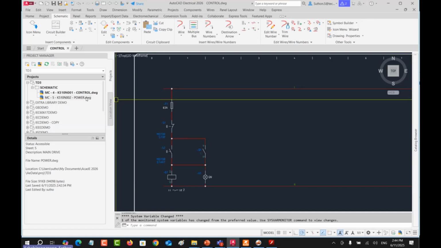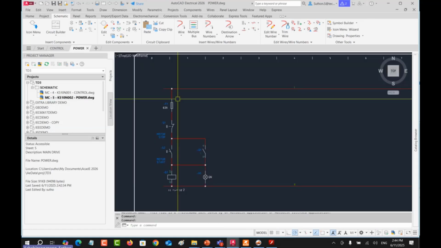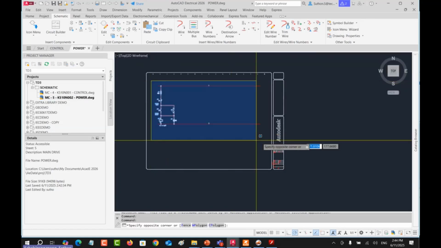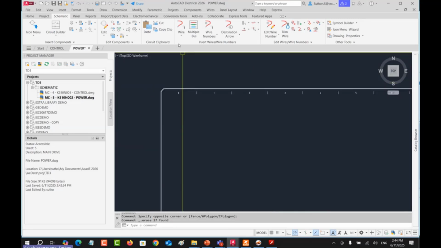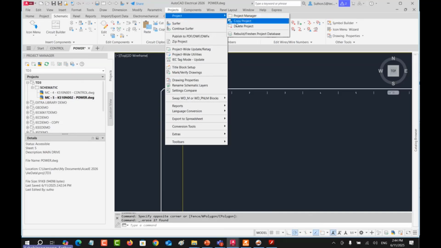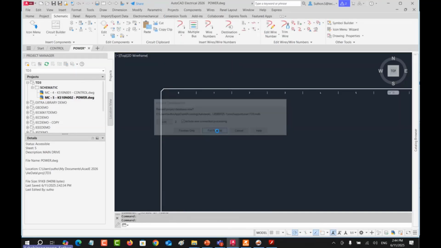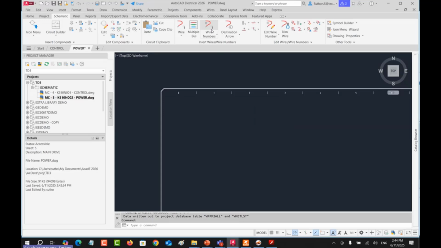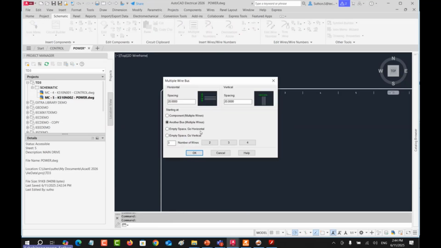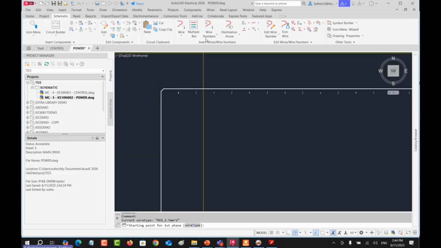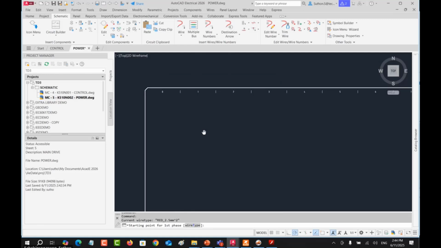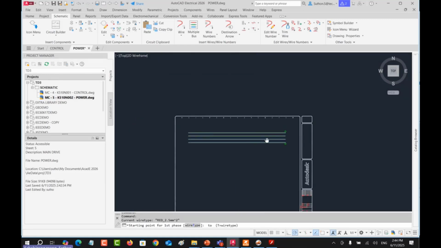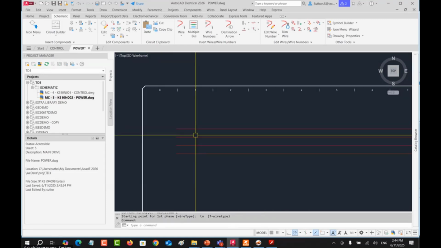Okay, back to the power, where did it come from, right? The line L1. You can click at the power, and the copied circuit is deleted, and then use the project rebuild, project database full rebuild again, and then make the multiple bus empty space horizontal 3. Sorry, I want to make it 4. From here to here.